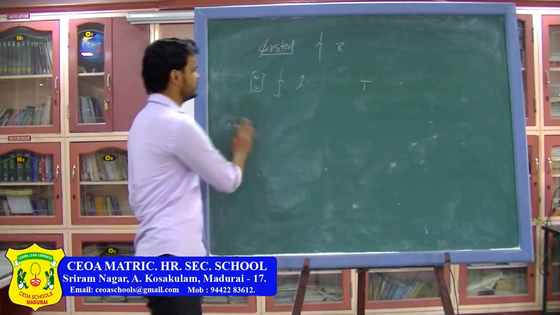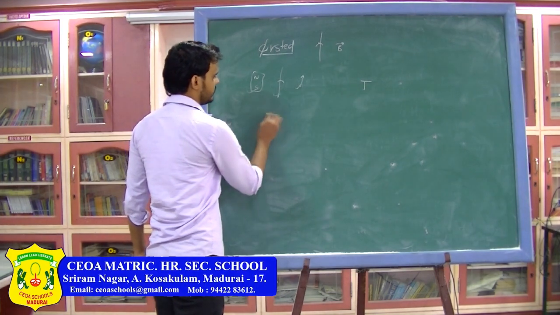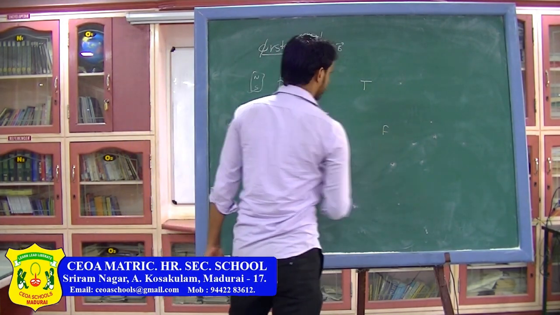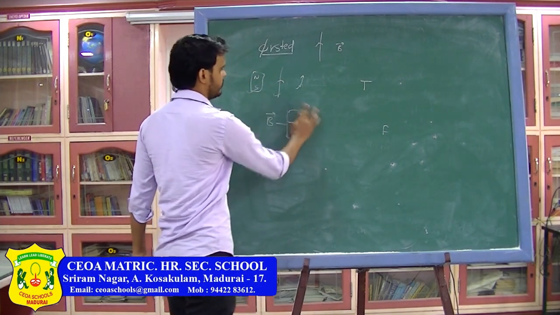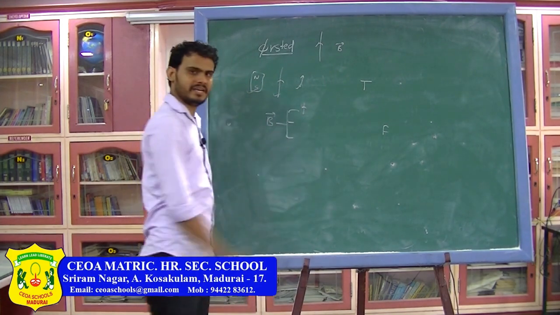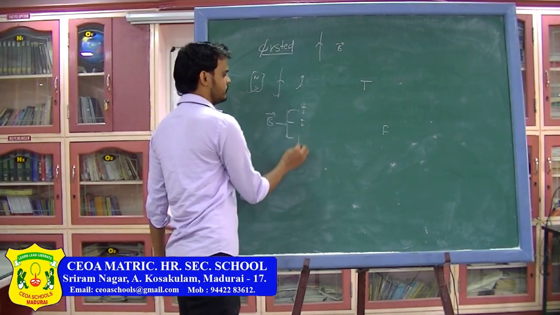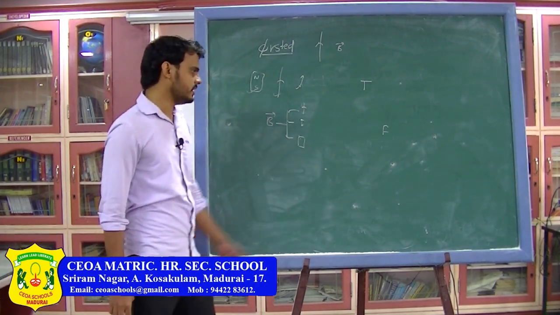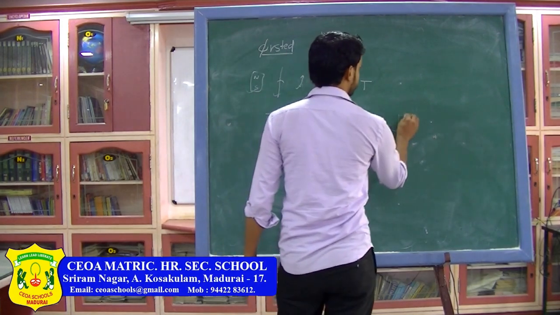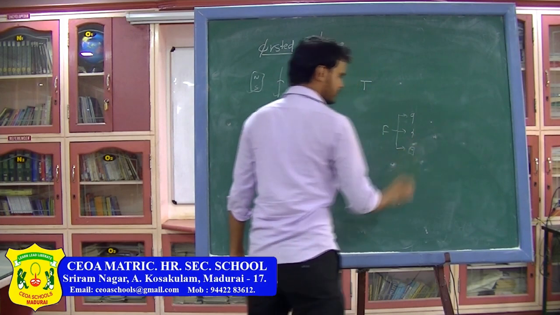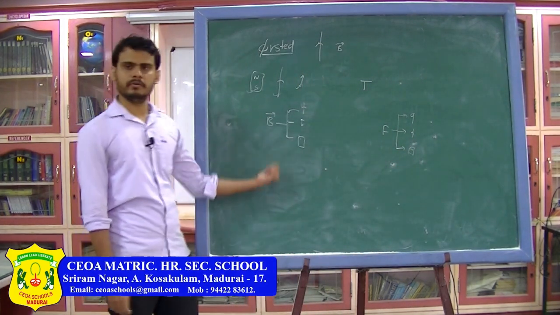Next, we have said that we are going to find the magnetic field first, and then we are going to find the magnetic force. First we are going to find the magnetic field due to a wire, then for a moving charge, and finally for a magnet. Similarly, for force, first we are going to find the force on a moving charge, then force on a wire, and then force on a magnet. So basically these 6 things we are going to cover.